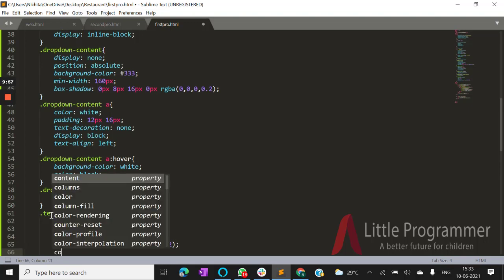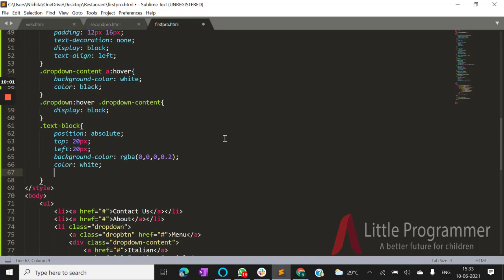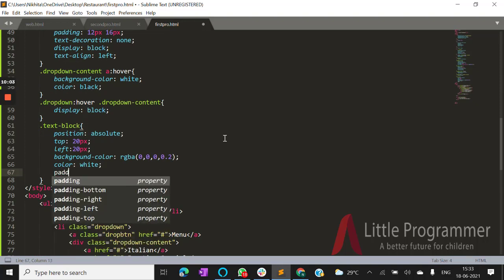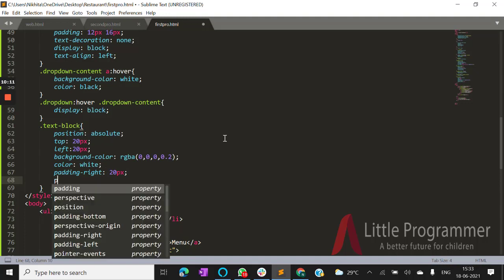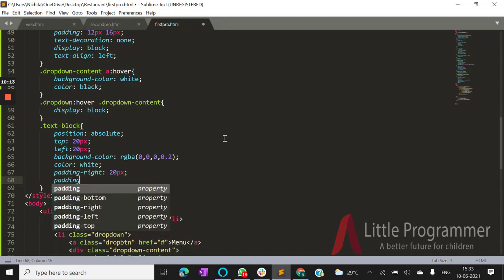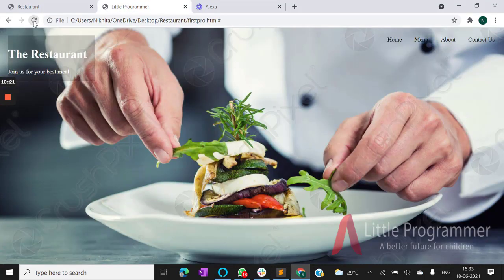Okay, and color of the text should be white, and then padding right should be 20 pixel, and padding top should be 10 pixel. Let's see the changes. Yes, we applied the box for it. Okay, now